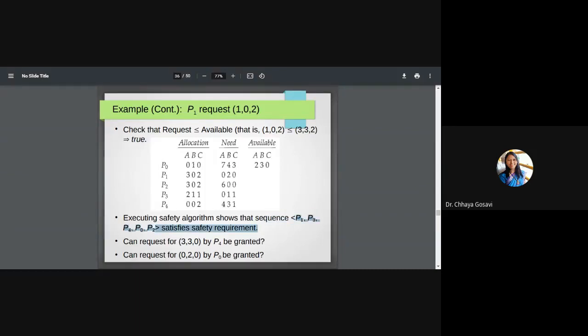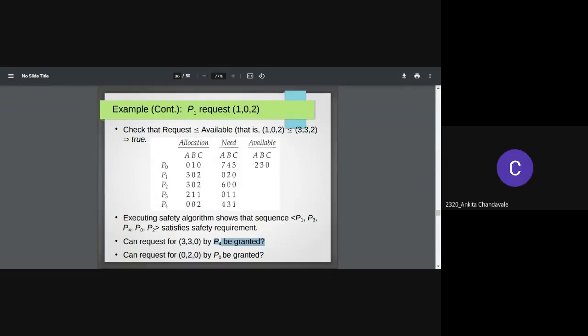Now say P4 has requested 330: 3 resources of type A, 3 resources of type B, and 0 resources of type C. Will you be able to grant this request of P4?